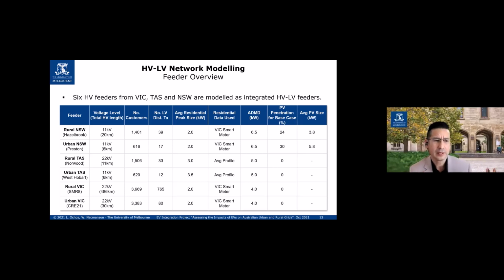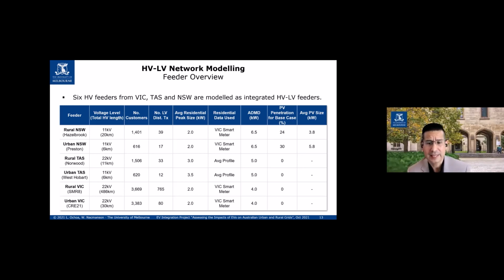We capture the rural characteristics and the urban characteristics of networks, and this table really presents what we are doing here in a nutshell. You can see, there are networks with hundreds of customers or even thousands of customers. There are networks that are quite long and networks that are shorter than those distances. You can see here, for instance, the rural Victoria network is almost 500 kilometers in terms of conductors that are laid out there. So it's massive. So all of these characteristics mean different challenges.